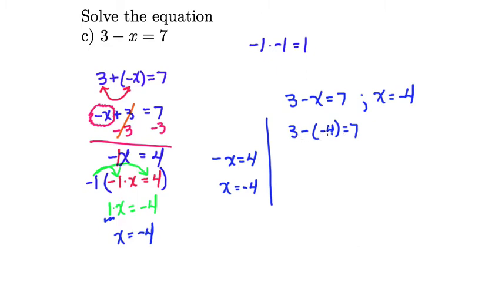If you remember your rules for subtraction of integers, when you are subtracting a negative, that's the same as adding its opposite. Okay, so this is 3 plus the opposite of negative 4 is positive 4. And lo and behold, 3 plus 4 is equal to 7, so this is true. This is a true statement. Which means this here is a solution